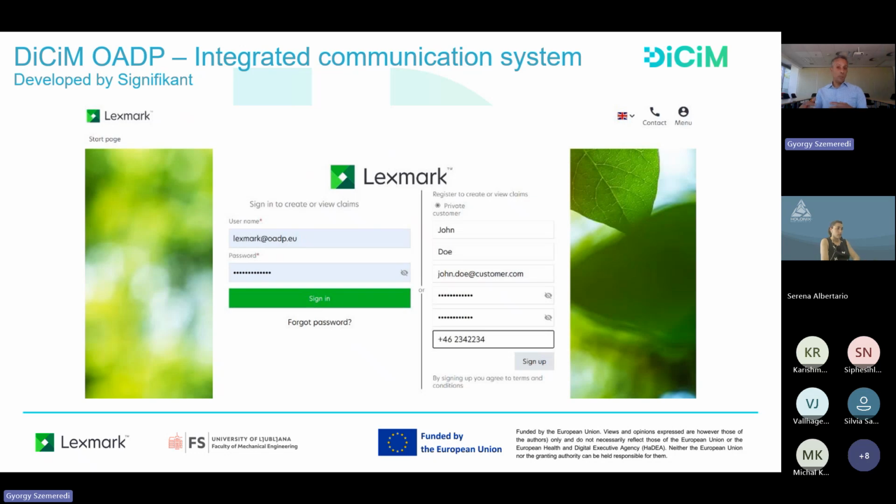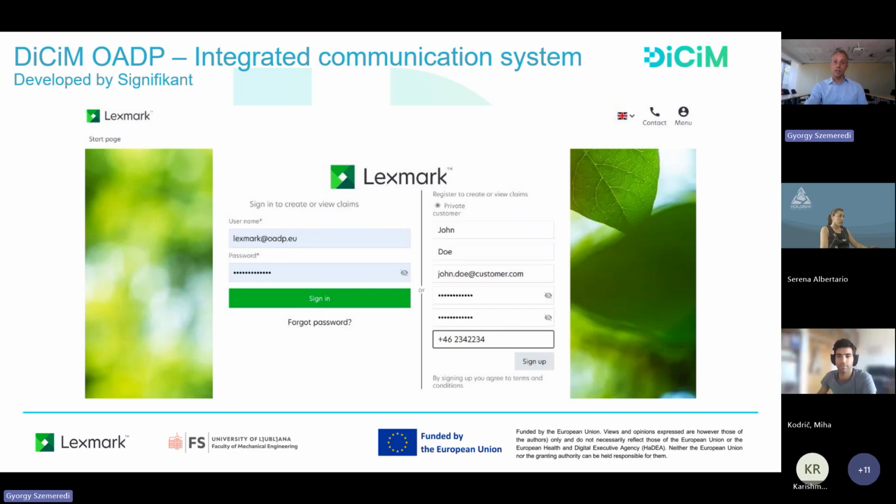This is the web platform where we communicate with the clients, and we can communicate with the university, and Lexmark data engineers can also communicate with data science team members on the university side. And basically, this is the last slide I was going to show you today. From this point, I'd like to pass the word to Miha Kodric to continue with the Ljubljana University developments from the university side.